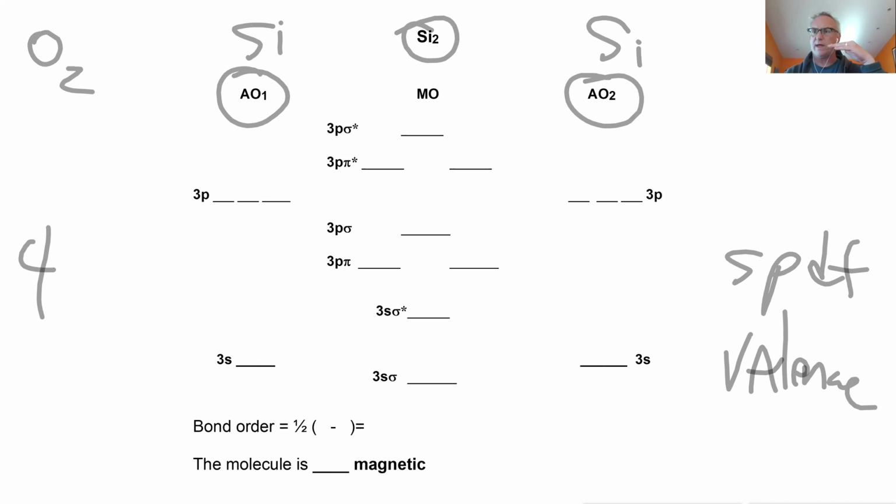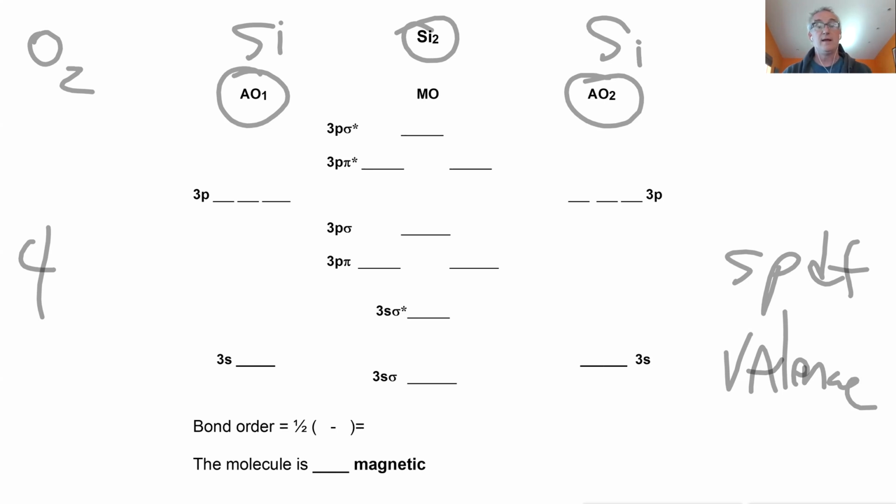So with carbon, that started with 2s and 2p. But now we've moved one row down. That's a new period, which means a new shell. So now the valence electrons, still the same number, still 4, but instead of being 2s and 2p, now they're 3s and 3p. When you go down one more, they're 4s and 4p. You go down one more, it's 5s and 5p. That's how the valence system works, right?